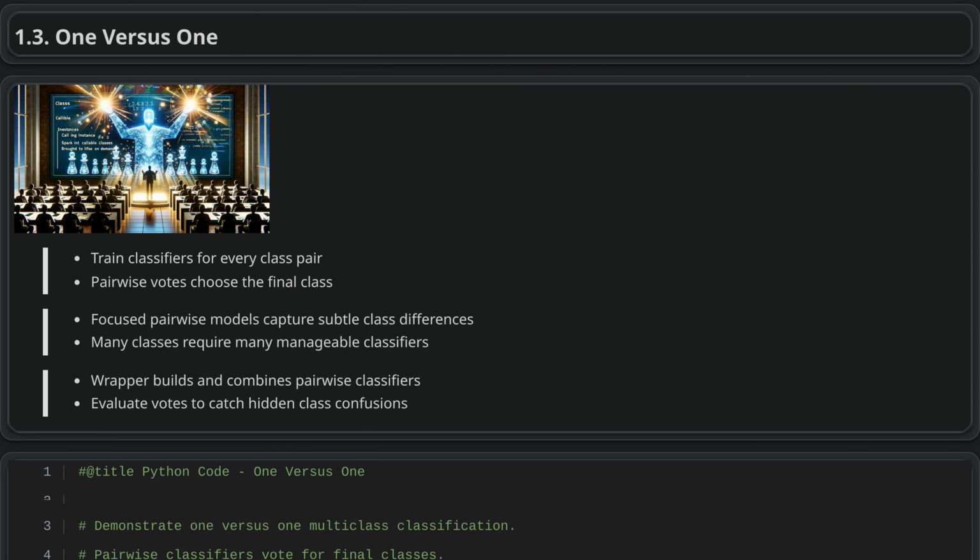1 versus 1. The 1 versus 1 strategy turns a multi-class classification problem into several binary tasks by training one classifier for each pair of classes. At prediction time, each classifier votes for one of its two classes, and the class with the most votes is chosen. This is useful when a binary estimator cannot handle multi-class targets directly, because it extends the estimator without changing